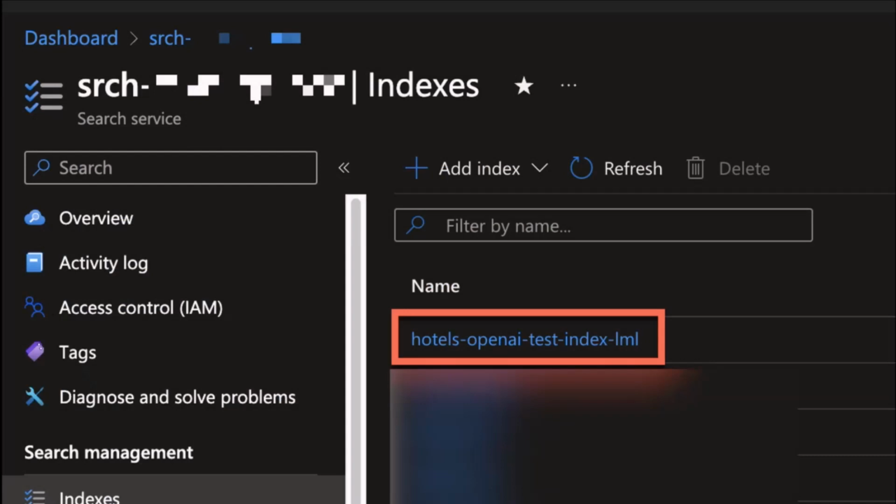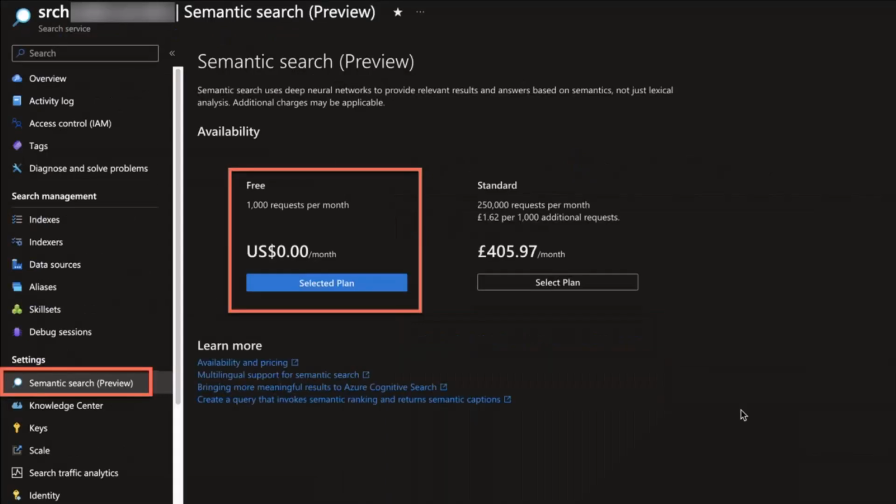For this demo, I'm using a hotels data set in an Azure Search Index. When you create an index, you can upload this demo data set. It's coming directly from Microsoft, and it contains just information about different hotels. So this is the one that we are using in the demo. I've enabled semantic search because that's going to improve the chat experience, but it's not required at all.